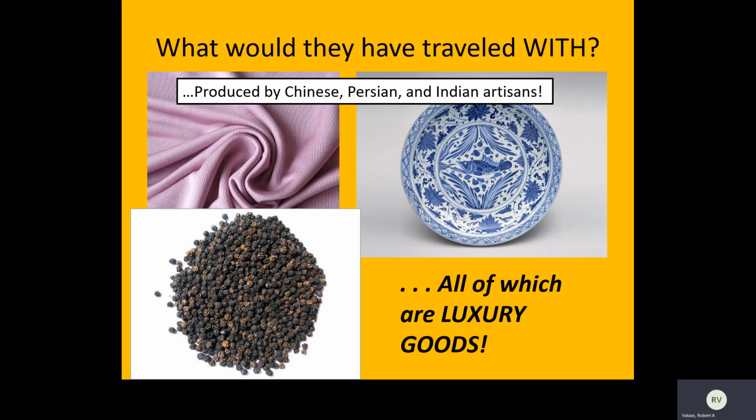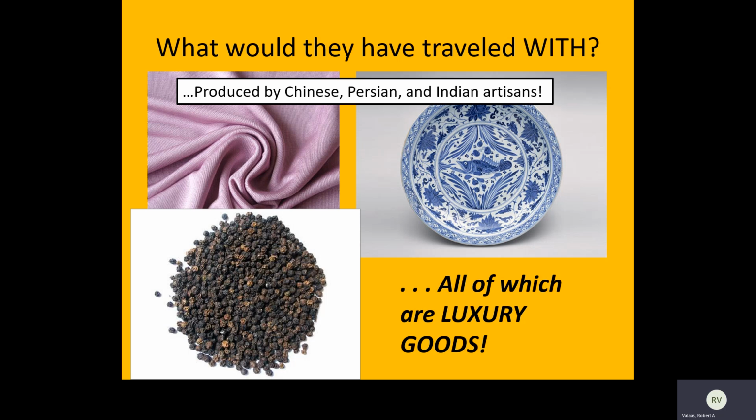Goods like textiles, silk from China, cotton from India, porcelain, mostly from East Asia, would have been a commodity they traveled with. Spices, peppers from South Asia, coriander and cinnamon from Southeast Asia. And you'll notice there's a commonality here with all of these things, because in this time period when travel was